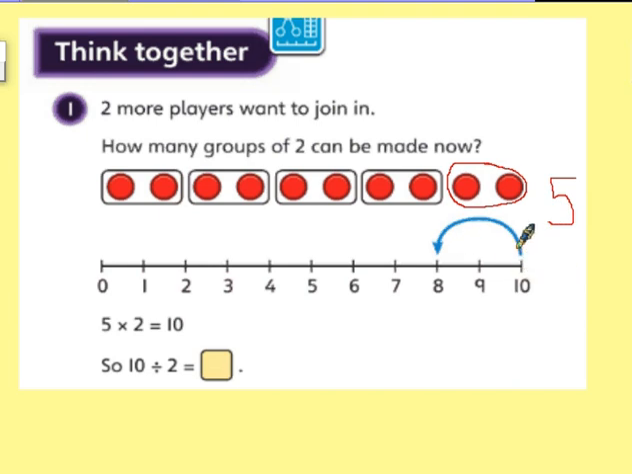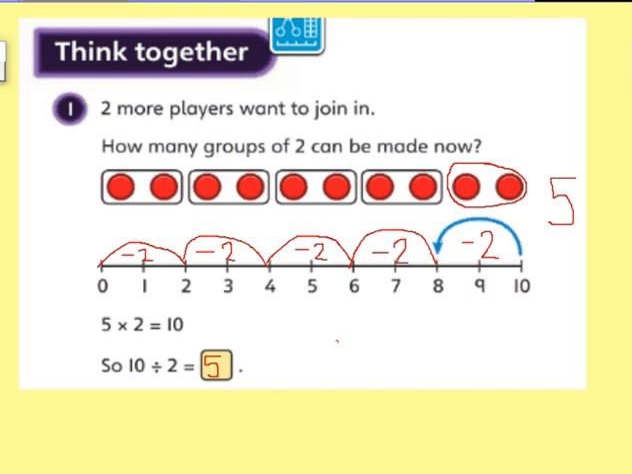So we can show the extra group of 2 we now have on the same number line. And you could carry on drawing. You're subtracting 2 each time. How many times can you subtract 2? Your answer will be the number of jumps that you can do. And it should show that you can make 5 groups of 2. 5 times 2 is equal to 10, so 10 divided by 2 must be equal to